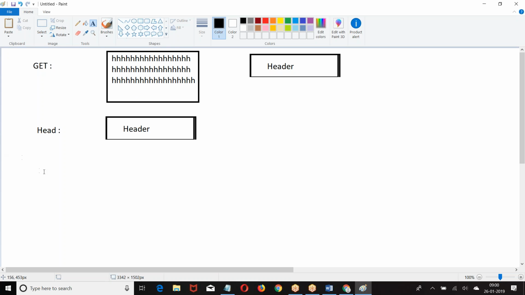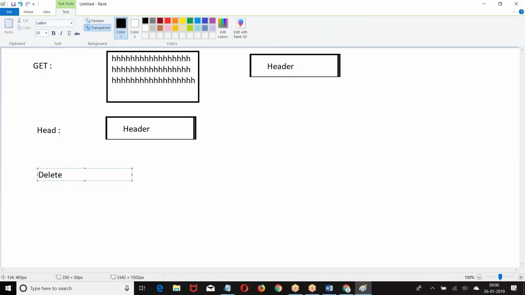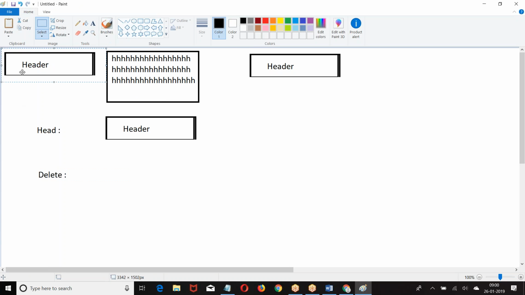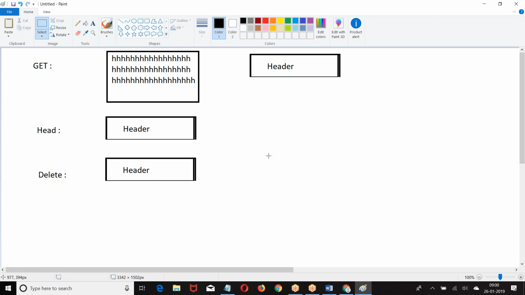But when you go to DELETE also, then if you want to send any data, how will you send? There is no body. Generally, we put the data in the body and send. But in the GET method, the HEAD method, and the DELETE method, there is no body.